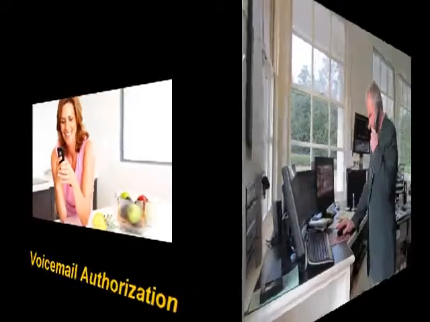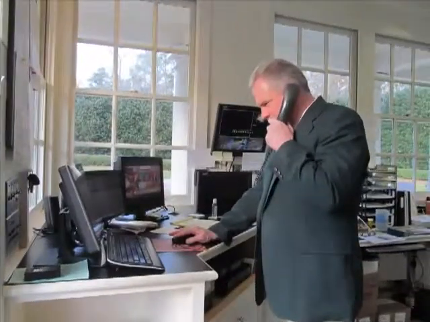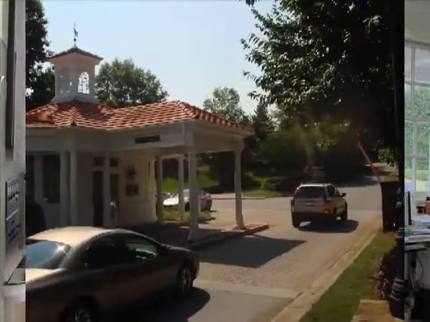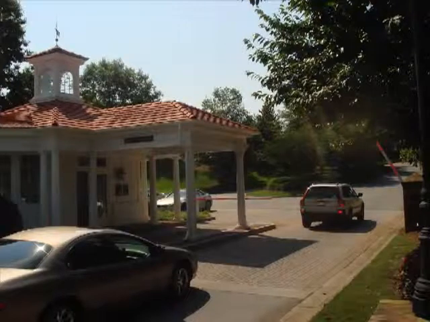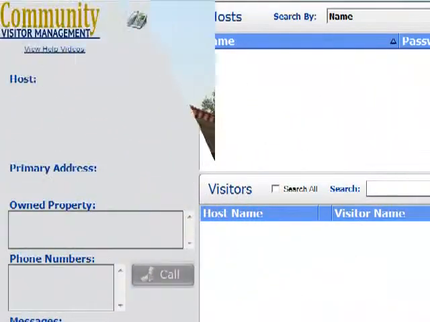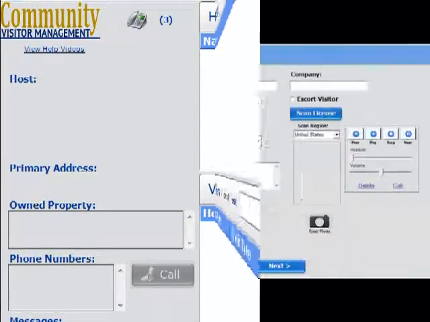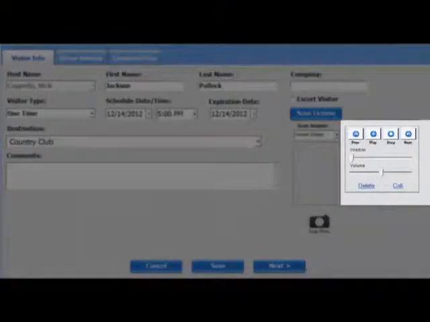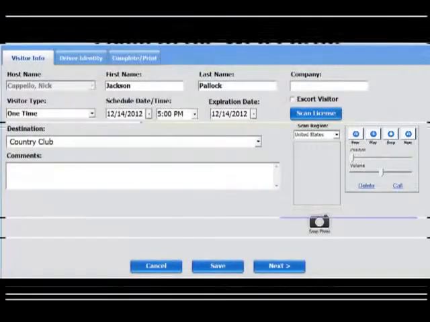In many communities, security personnel are frequently interrupted by phone calls from residents about upcoming visitors. If this is a manual process, it may result in errors or distract security from other duties, and it can slow down real-time processing of visitors at entry points. Integrated voicemail authorization solves these problems by storing incoming calls as digital files that are automatically linked to the resident's profile. This feature also ensures that residents never get a busy signal or unanswered phone.